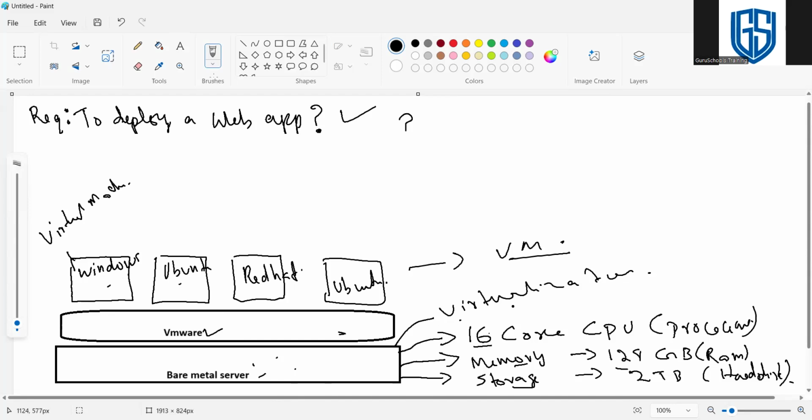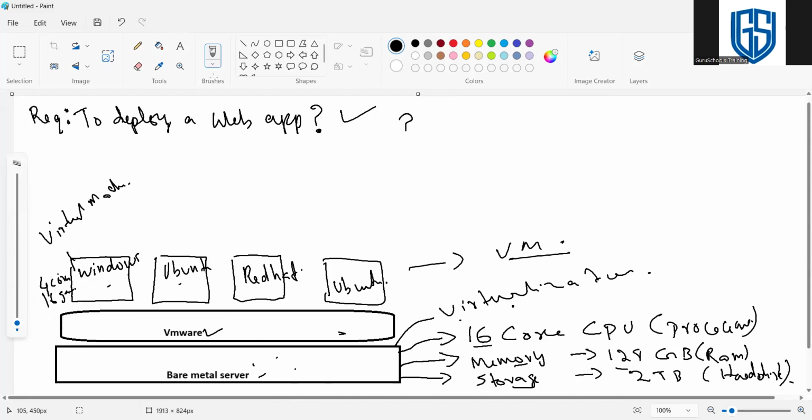For the 16 core CPU, we first divide the cores and allocate 4 cores to run the Windows machine. Same way we allocate the RAM: 16 GB RAM to the first machine.